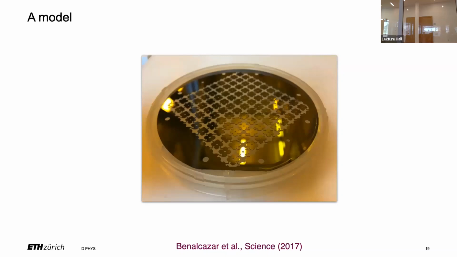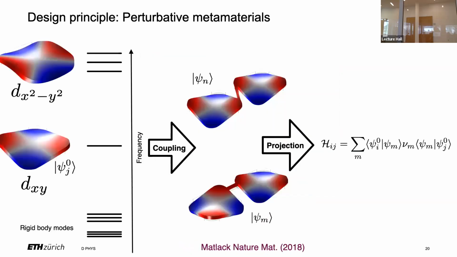But if I give you this and ask you what is the effective model describing this structure, that task is almost trivial. Because you look at what the modes of these plates are, and then you see these arms, and most probably if that mode spins, then it will excite this one. So distilling an effective model from a high-dimensional manifold, going the other way around, is what we call an inverse problem. It's very hard, and that is a challenge we need to address. And the path we took is what we call perturbative metamaterials, and I'll explain what it is.